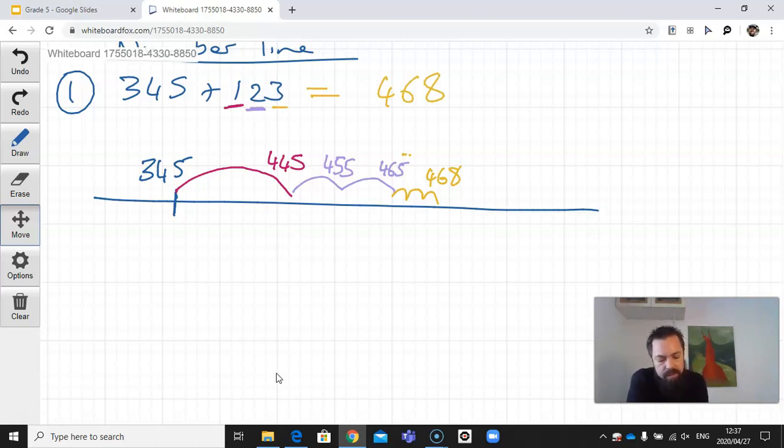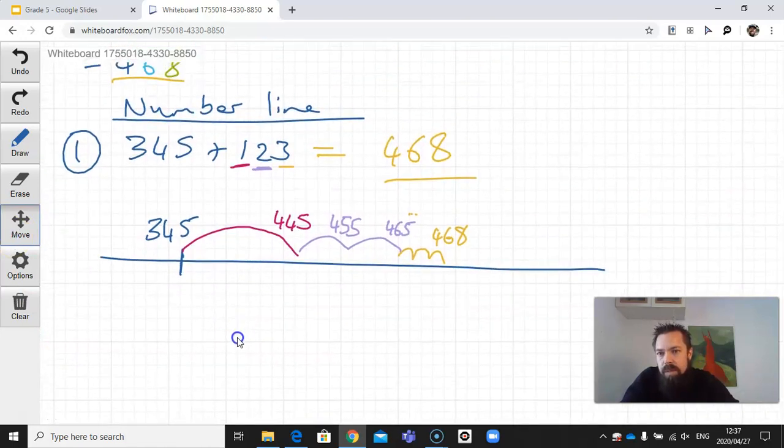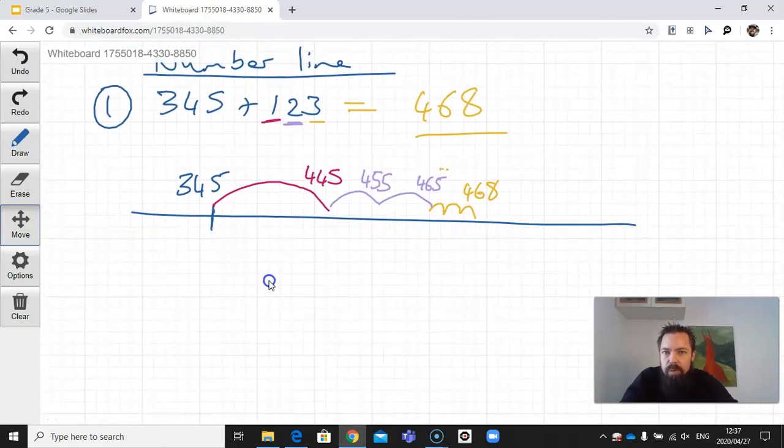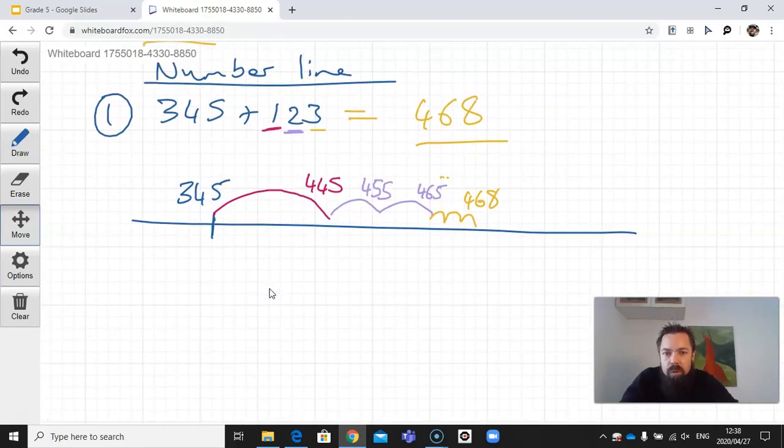So you can see it is the same number as we got in the previous question. Shift down a little bit so you can see 468, 468. Completely perfect answer, no problem with that at all. It's quite a nice way to visually look at your number getting bigger. And now I'm going to go on to the third method,